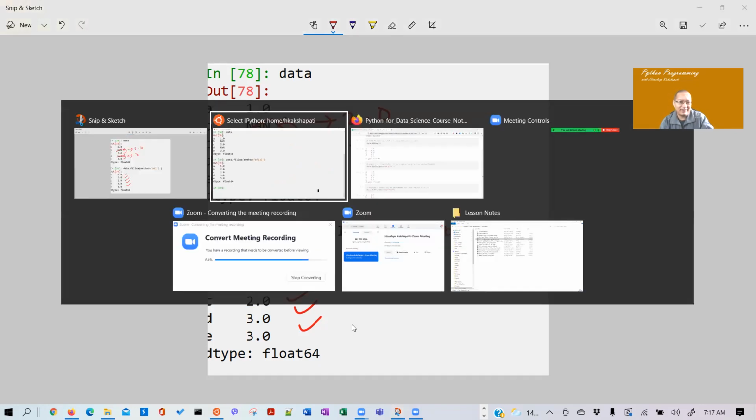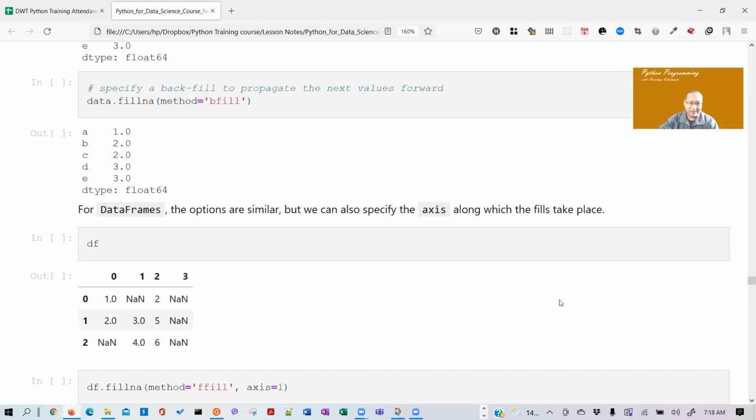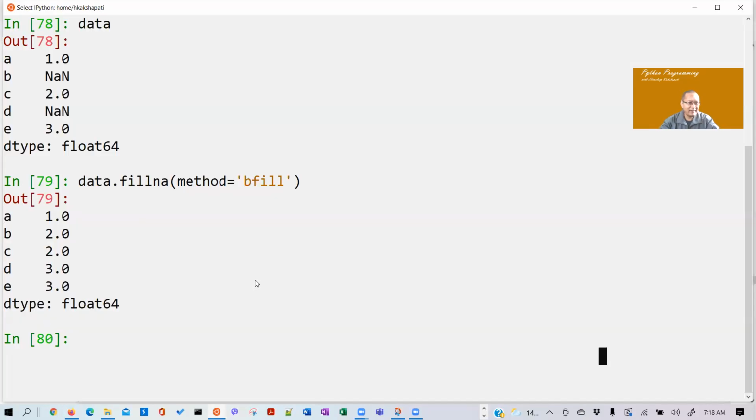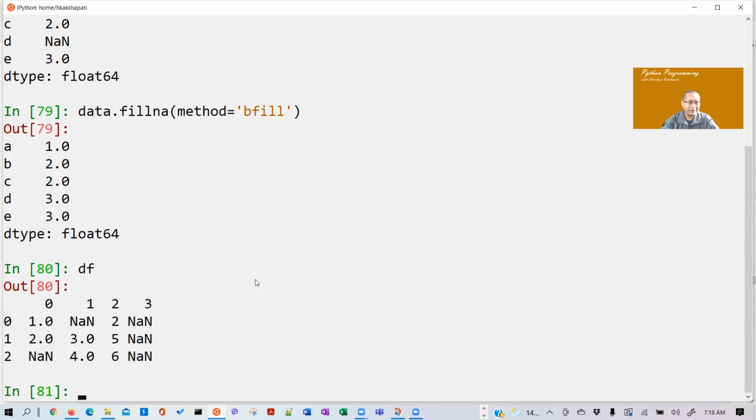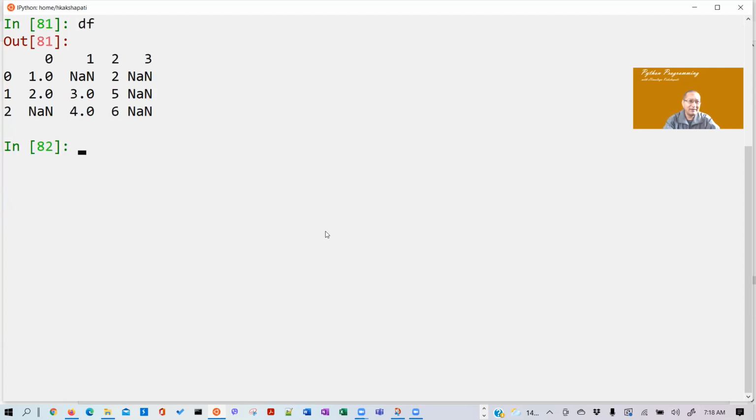So this is backfill. All right, let's see what else we got. The options are similar, but you can also specify the axis. So we can do a forward fill on an axis. I have this df here, a data frame. The same thing we can do in a data frame. Let's see, if I do df dot fillna and then if I do